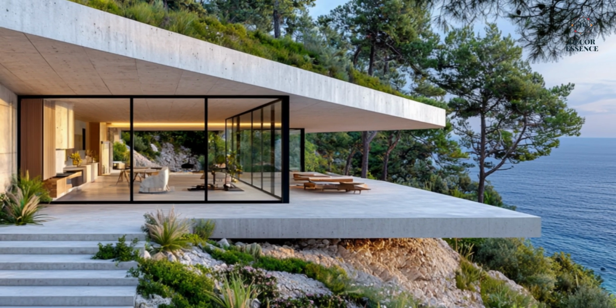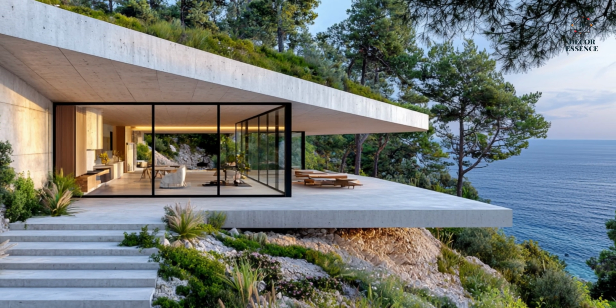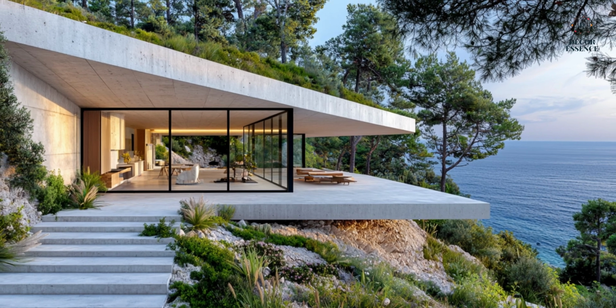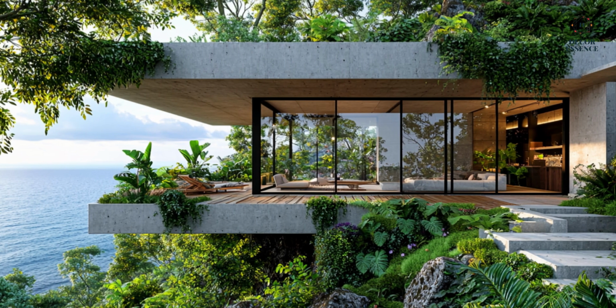By working with the natural terrain, rather than altering it, the house appears to grow organically from the hillside, as though it was always meant to be there. The positioning of the house ensures that every level offers a different perspective, whether it's